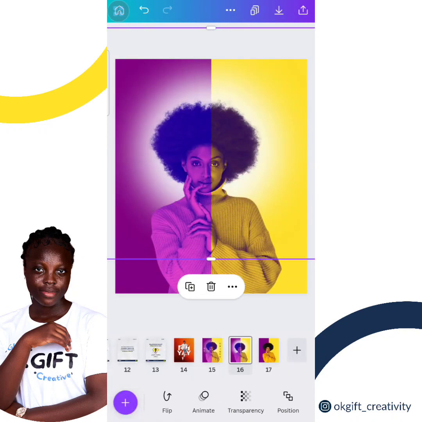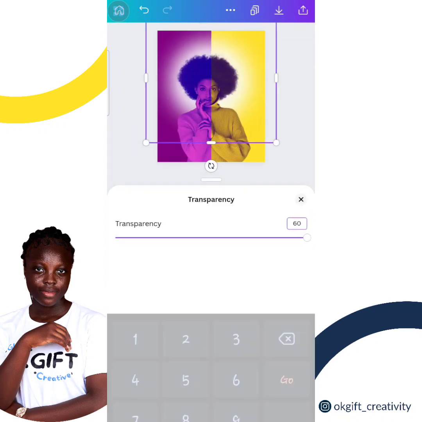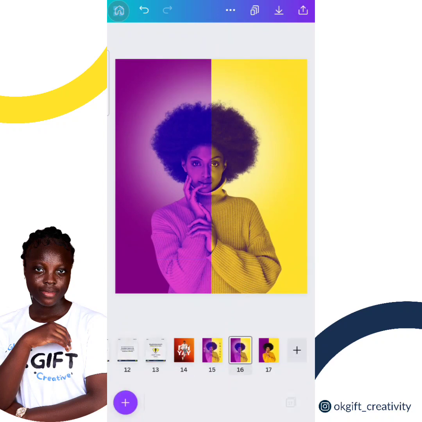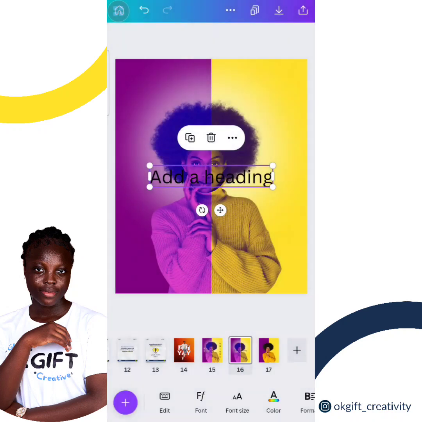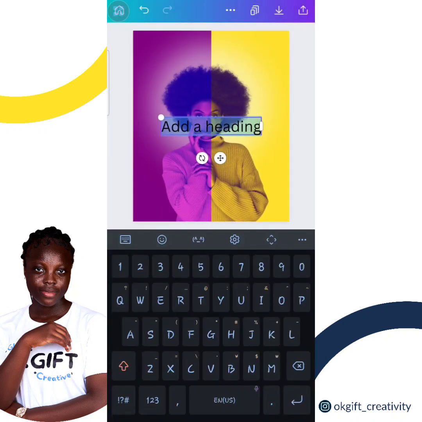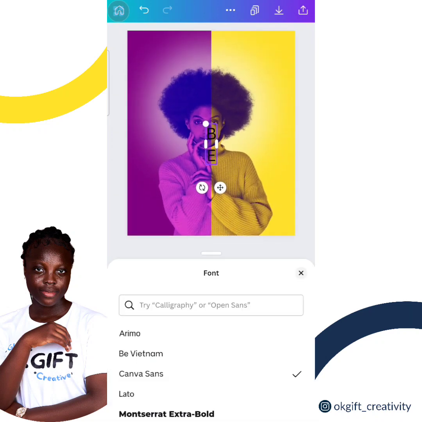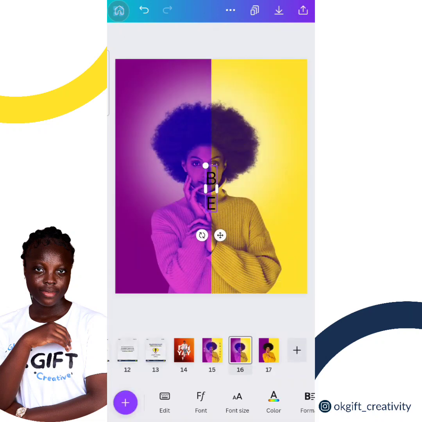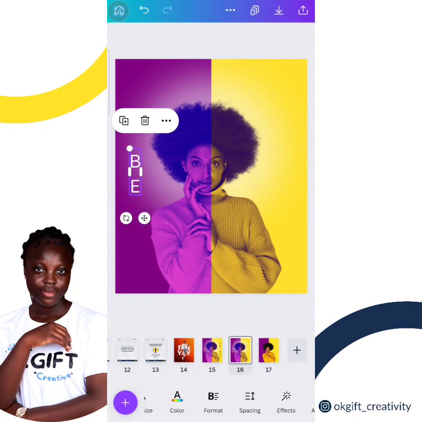Then I'm going to reduce the transparency. I'm making the transparency 60. All right, 60. So there we go. And lastly, I add my text. Okay, I add my text and I want to write be unique. All right, be unique. So B E. Okay, so I'm going to be using the font B Vietnam. Okay, so I'm just going to put this right here, change the color to white, make it bold,